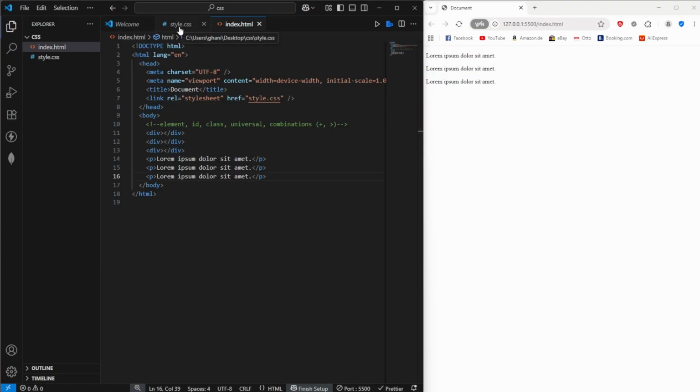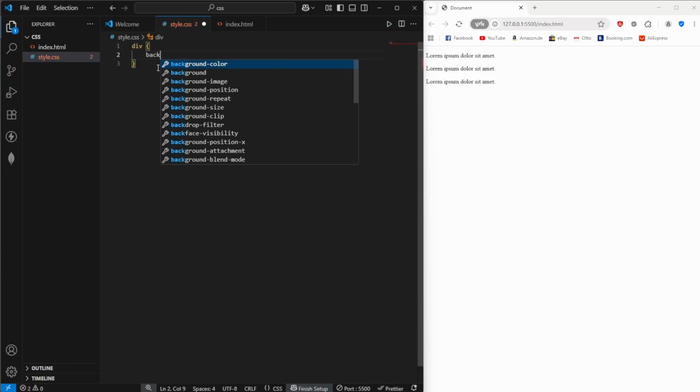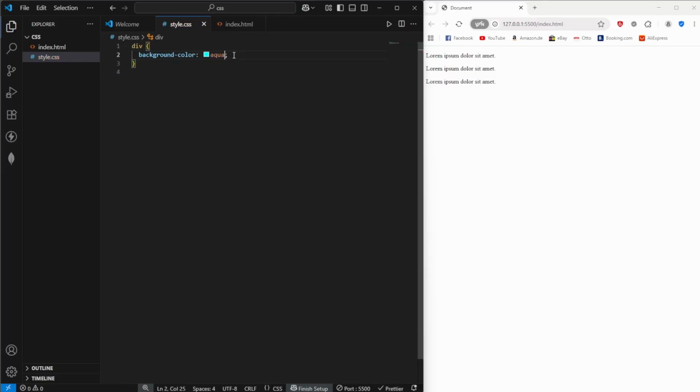So I can go into my style sheet and now say I want to select all of the divs by just typing the name of the element into CSS. Then we use an opening and a closing bracket, and inside of here I can define a style, and one style would be, for example, the background color. You don't need to know that property yet, but this basically just sets the background color of an element. And now we can, for example, say we want to style the background color of a div, and we want to use aqua, for example, and now we save, and the background color of our div is blue now,